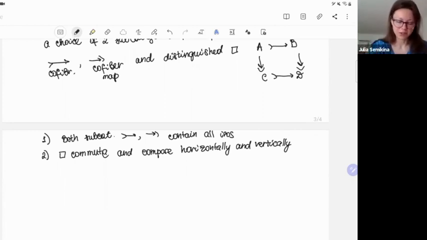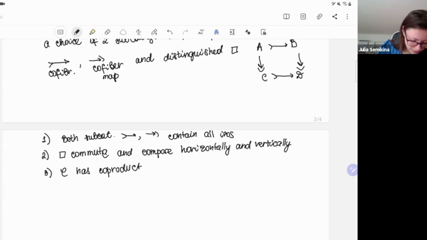So it is, of course, a square, but it has to live in this chosen family. And also some condition on the category, so it has to have coproducts